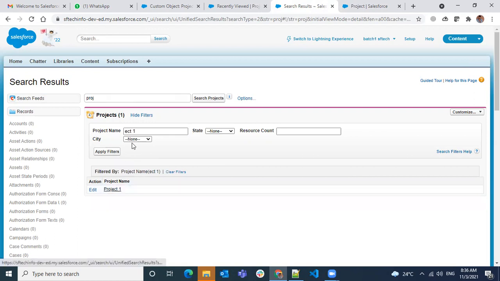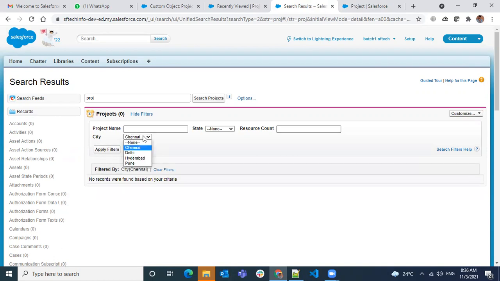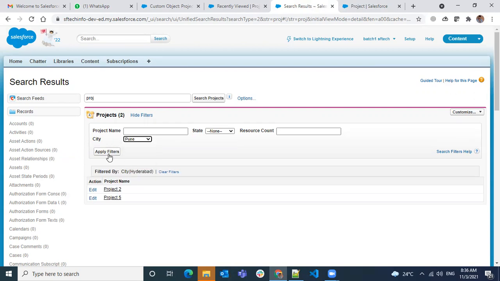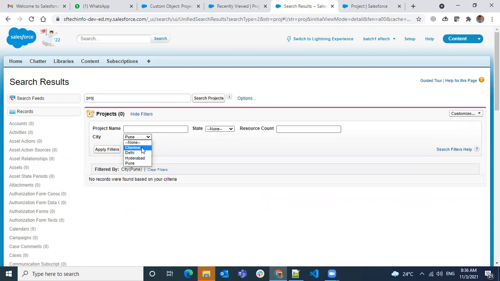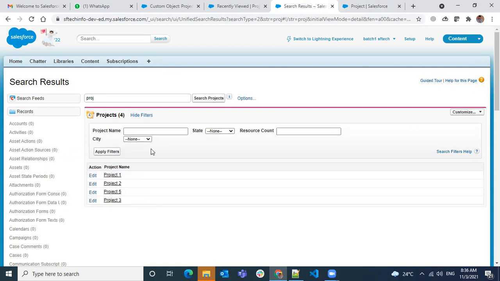So only one record has this name. So it will do a search like that. And if you have any specific city, then you can apply. There's no Delhi, no. Hyderabad, yes, we have two. And Pune, no. Okay, that's how we can use these filters.